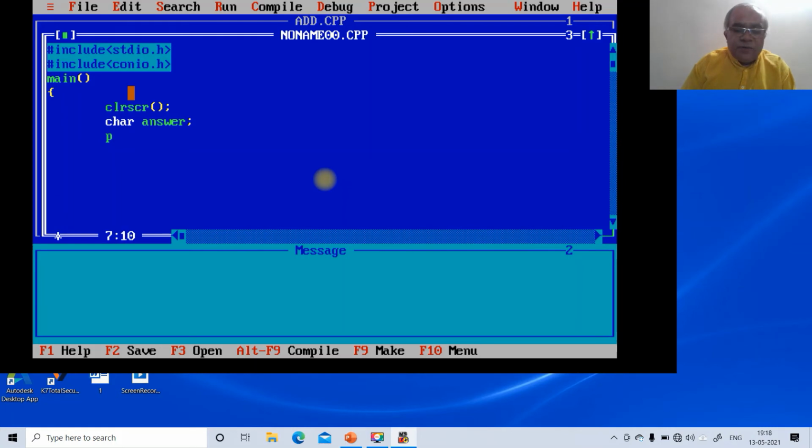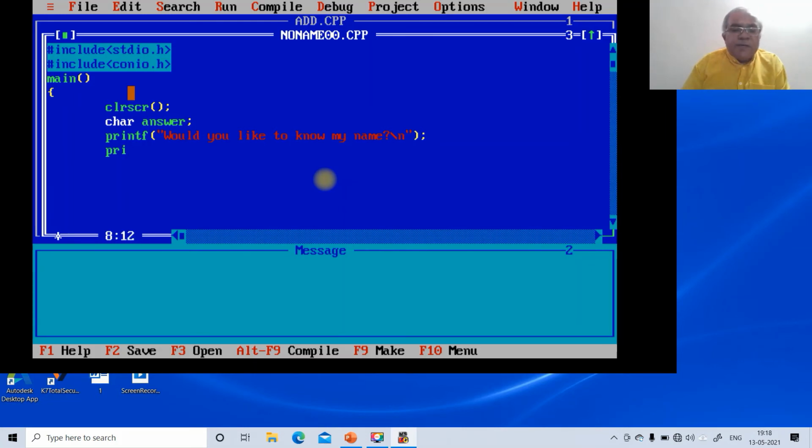Then we are going to write a printf statement: "Would you like to know my name?\n" within double quotes. This is for the user to give the input.